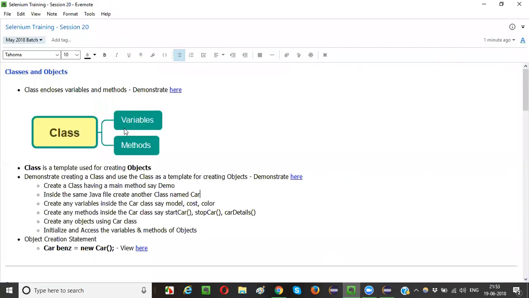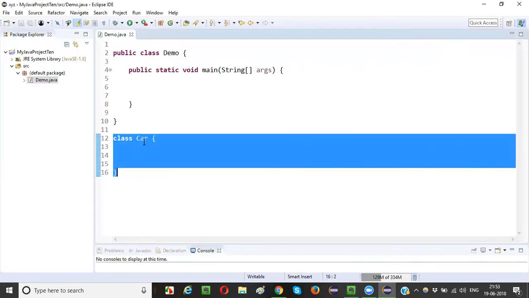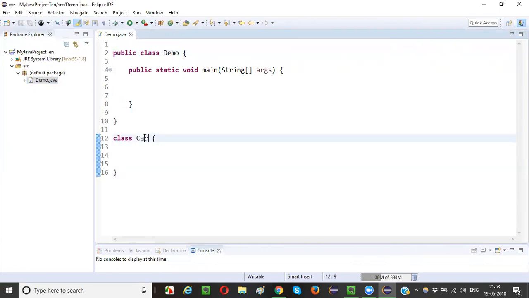Here I explained to you that a class is a template, and using the class template, you can create multiple objects, right? So I want to use this car class as a template, and using this template class, which is known as car, I want to create multiple objects. Fine. So I created the car class already. What will a car contain? Int cost. Car will have some cost. So int cost, string model,